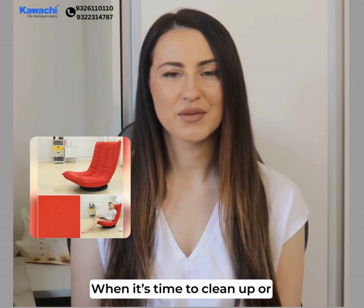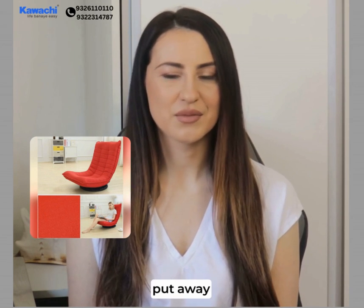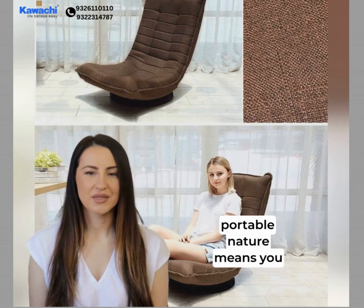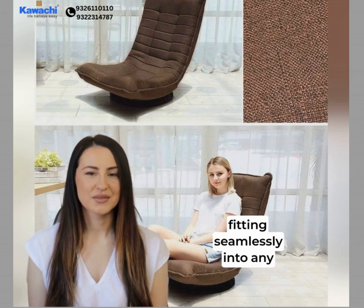When it's time to clean up or store away, the chair's foldable design makes it easy to pack up and put away. Its lightweight and portable nature means you can easily move it around your home, fitting seamlessly into any